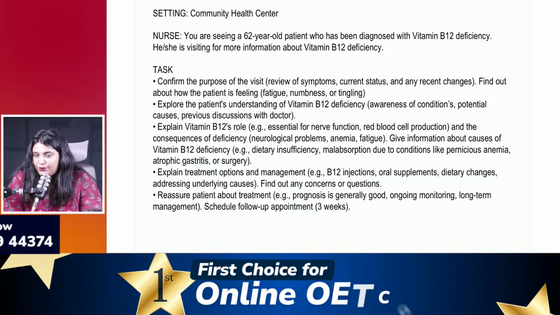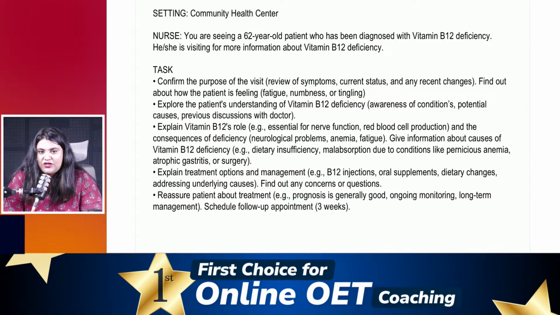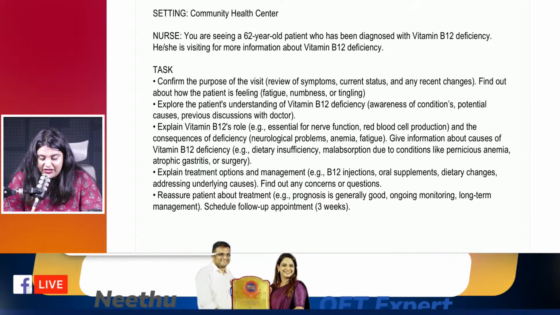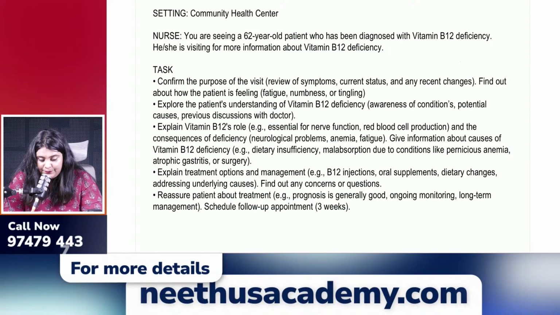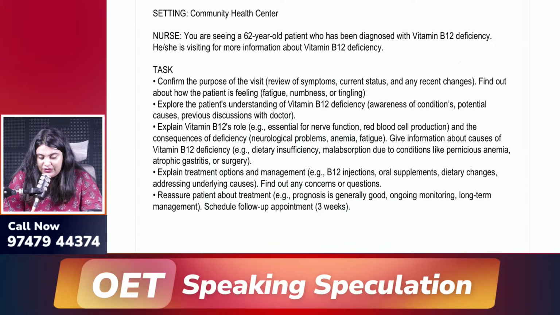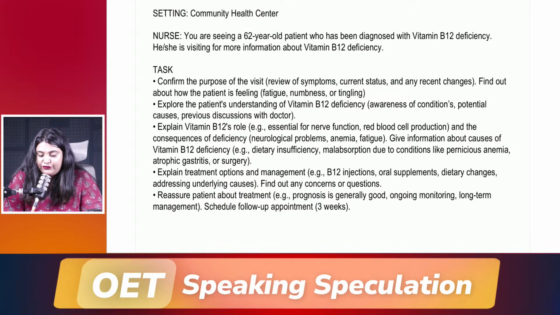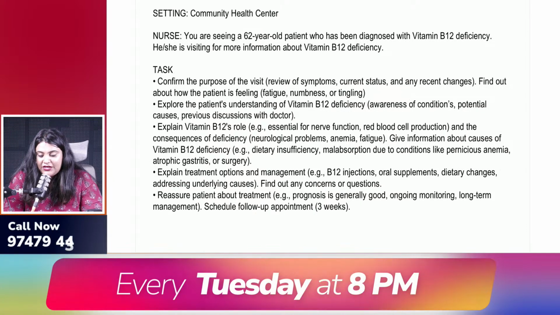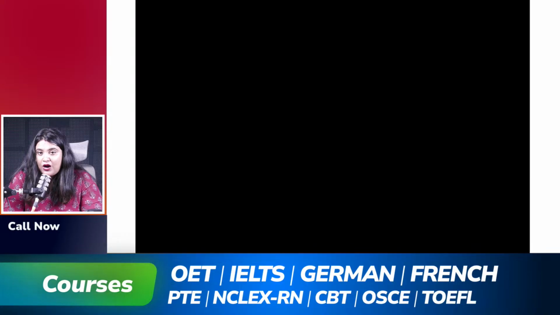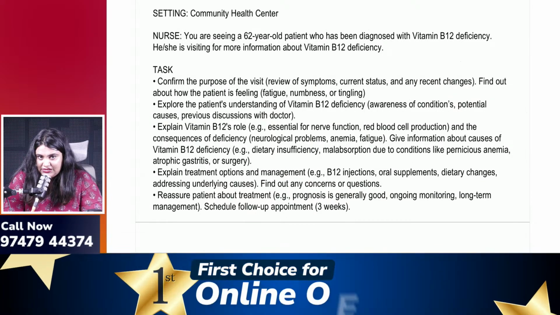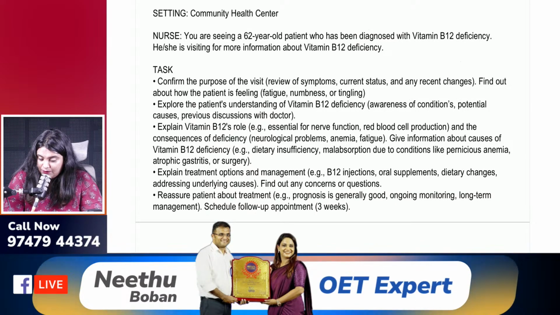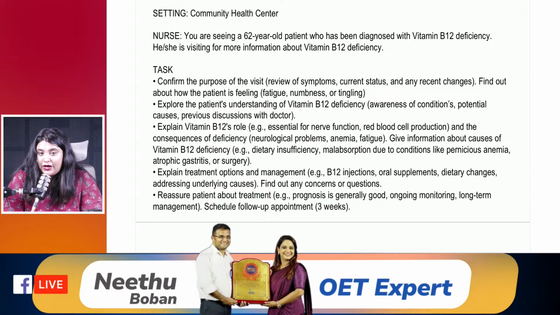So I'll just explain that one more time. I actually constructed the statement with the easiest of connections that you can try in this context. So let's go over that one more time. Listen very carefully and look at the task as and when I'm reading. Okay? Let me explain to you the importance of vitamin B12. It is essential for nerve function and red blood cell protection. And there are certain consequences if you have vitamin B12 deficiency. It includes neurological problems. It can lead to anemia and constant fatigue. So I hope it's clear to you.